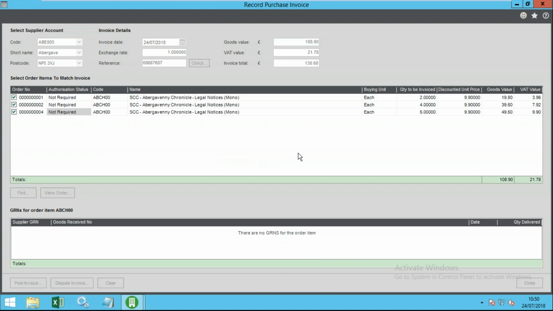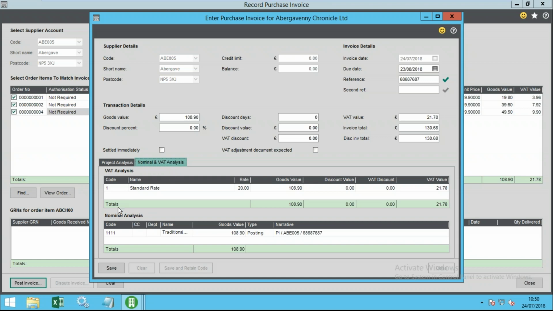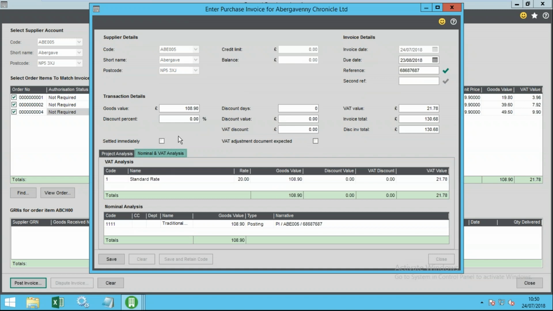When you go to post, this is the final confirmation screen for the invoice. We don't have to change anything here. It's just showing us where it's going to be posted, and the dates and the references. So you do have an opportunity to change things here if you need to. But when you save it, that's that invoice saved against the supplier account. So if I save that,